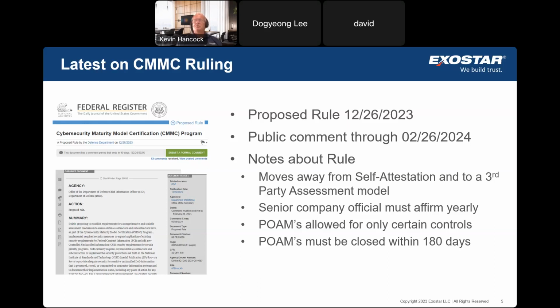When you hear the term C3PAO, that is a certified third-party assessment organization. They're the ones who are going to come into your organization once every 3 years and say, "Yep, you do adhere to the 110 controls in NIST 800-171. You've got the evidence to back that up. Here's your valid assessment." You're still going to have to affirm yearly that you also abide by those, that you've updated